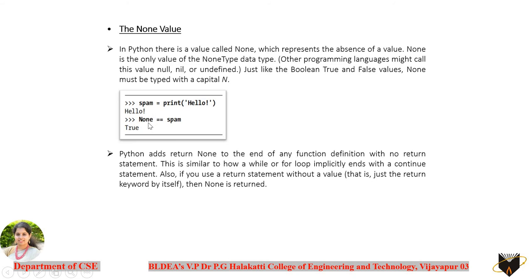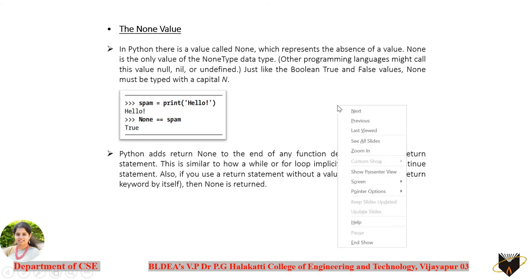If you want, you can check it out. Simply if you type spam, again you are not going to get any value. But when you compare this spam variable to the value None, it is going to give you the True result. That means by default, whenever you use any function which is not going to return anything in Python, it is going to return the value None, which is not explicitly displayed on the screen. So I just want to show it here.